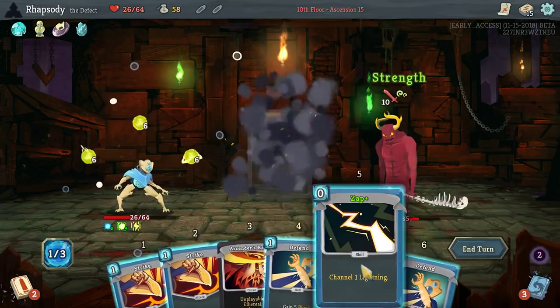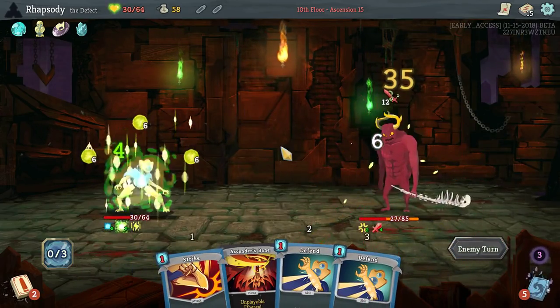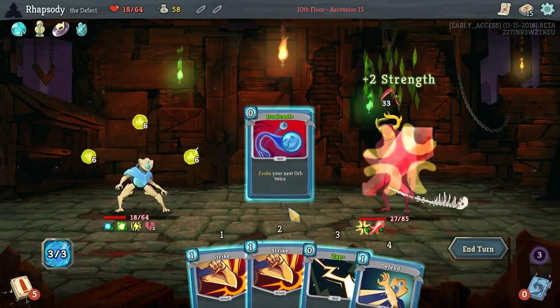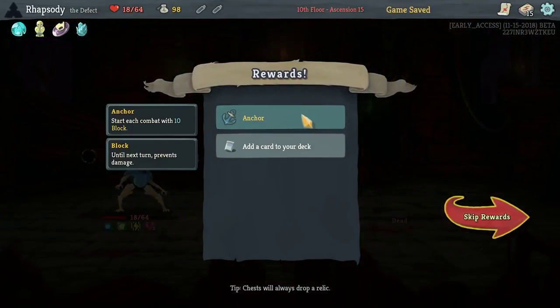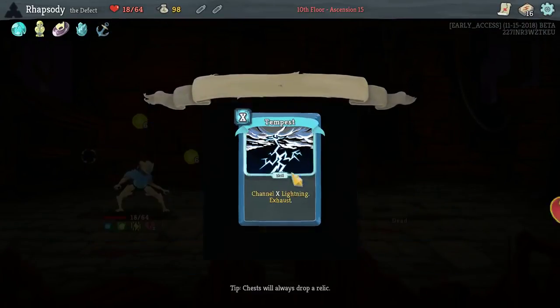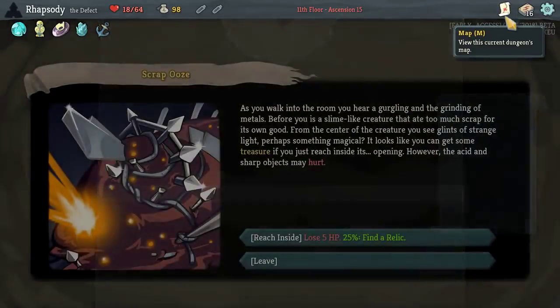Master of Strategy giving me the ability to play another Zap this turn is going to rocket us forward to lethal. Consider that. Anchor, start each combat with 10 Block. Sure. Skim Tempest. Well, Tempest has a place when we already have an Electrodynamics in the deck. It's kind of like an AoE finisher. I desperately want to do this, but...